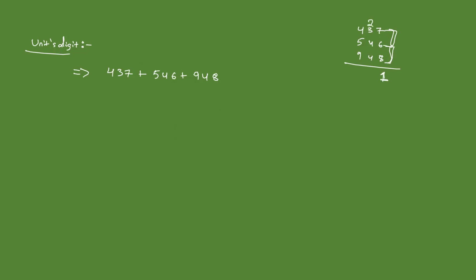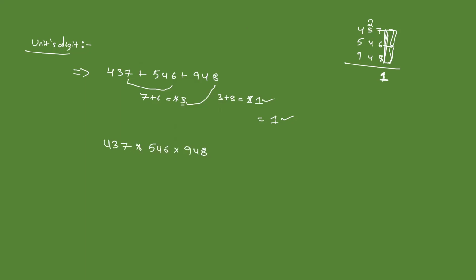That means we will concentrate only on the digit present at the units position. Because of that, what I will do is 7 plus 6, what is it? 13. I will not bother about 1. I will go ahead with 3. Why? Because 3 is the units place. Now 3 plus 8, what does it become? 11. I will not bother about 1. And what will be my final answer? 1. So in this manner, similarly, if the question is related to a product, that means multiplication,